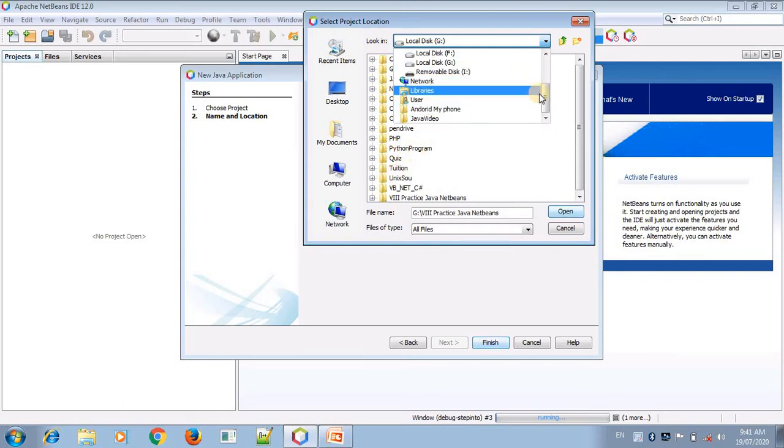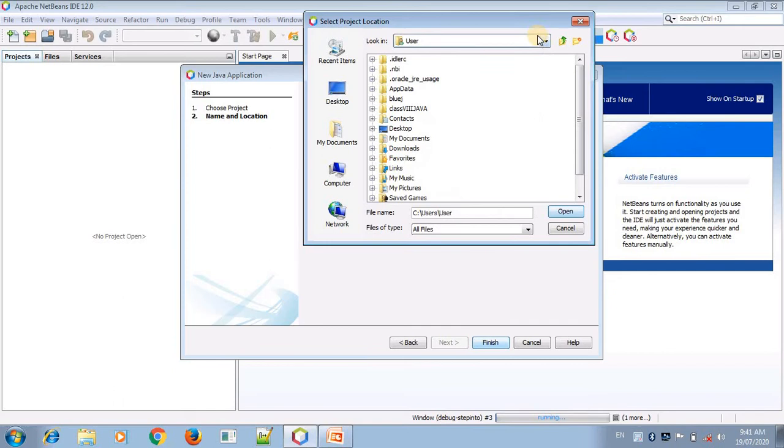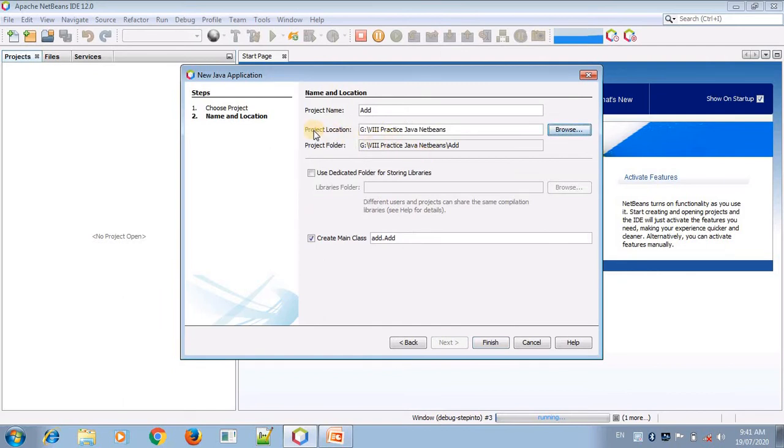I have already selected our folder. This is the class 8 practice Java NetBeans folder, and I am just opening it. So the project location is already set, and this is our project. Click on Finish.